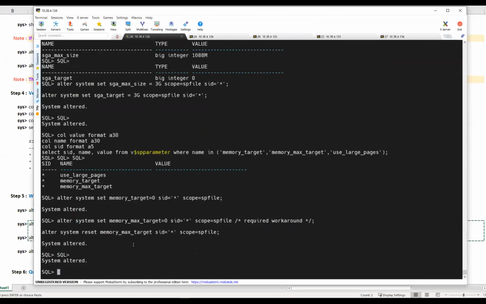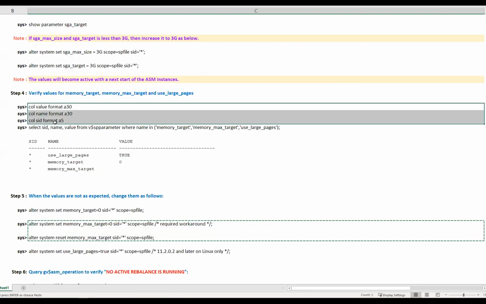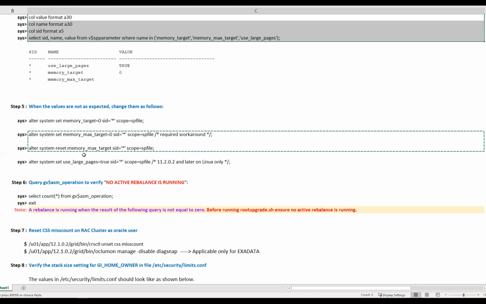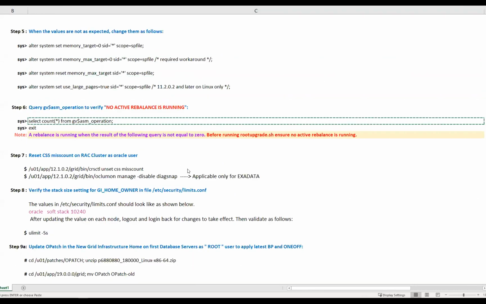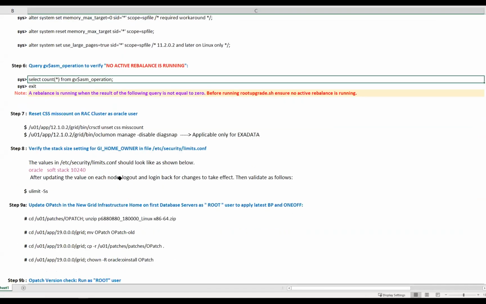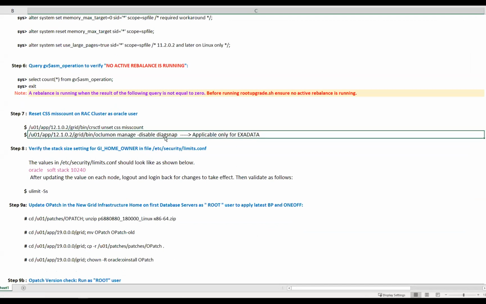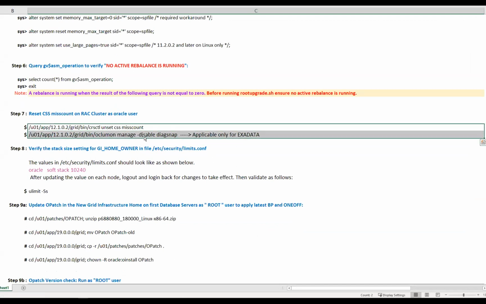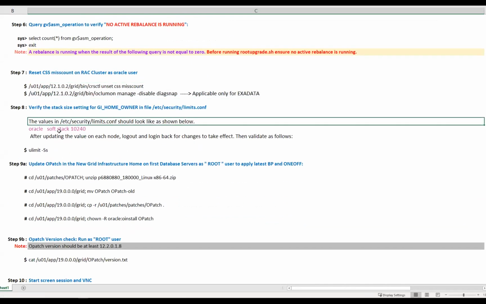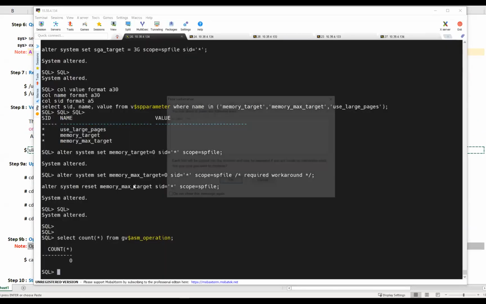When you are dealing with Exadata or a production environment, if you are using large pages, you can set that. After that, you can check for any ASM rebalance operation, very important. Right now there is no rebalance operation, so proceed further. Precisely this is for Exadata, where you have to disable this diag snap. This is not an Exadata box, so I'll just ignore it. And for this OpenStack security limit, you have to make sure that 10.24.0 is set, and it's already set for me in my case.